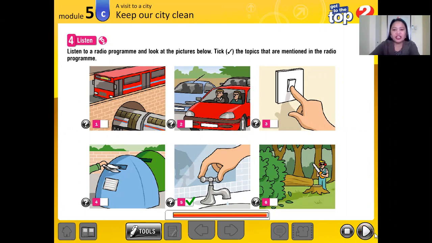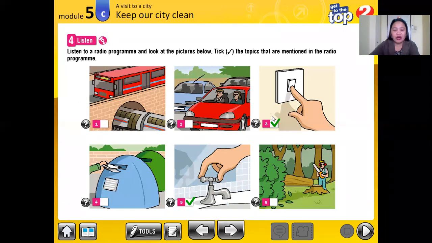All right, so they mentioned the topics here. One is close the tap. Number 2 is turn off the light. And we have go to work with a boss and sharing cars with employers. So they did not mention number 4 and number 6. So we have only 4 answers here. Do you understand? Okay, so if you listen carefully, you got the correct answer.